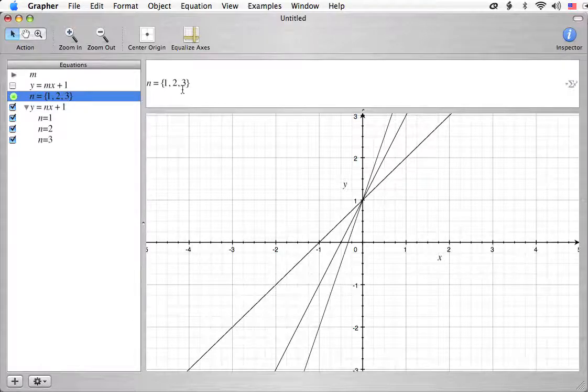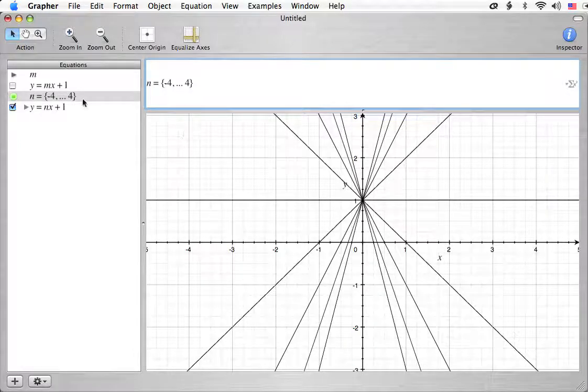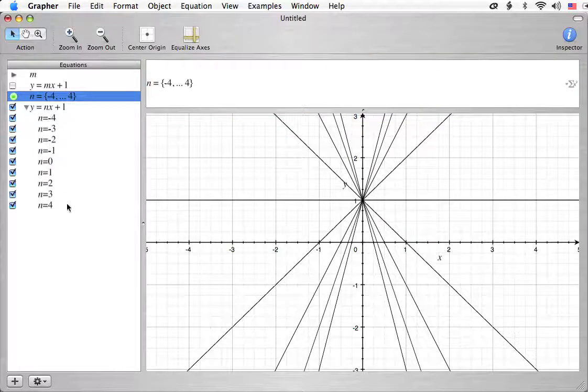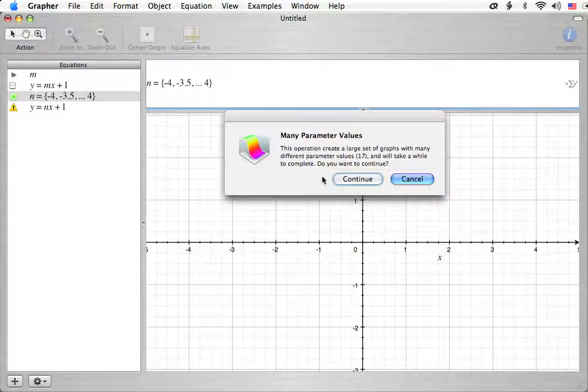Okay. Let me expand on this a little bit. I can also do something like, let's say, go from -4, in fact, 1, 2, 3, 4. Okay, and here, let me open it up again. You can see it's done -4 all the way up to 4. If I don't tell it what to change by, it decides to change by 1s, and so that's what it's done there. If I were to now go over here and say, well, okay, I'm not happy with going by 1s, I want to go by 0.5 each time, well, it may yell at us a little bit,